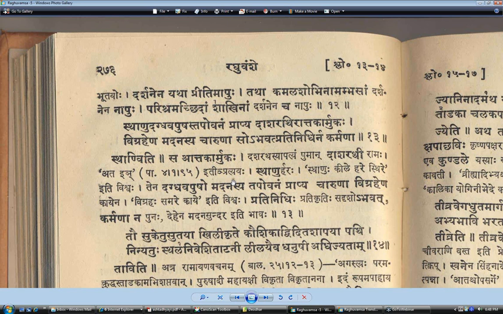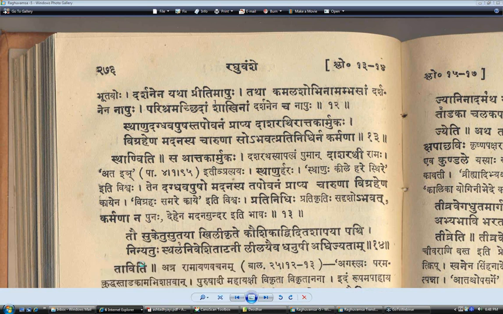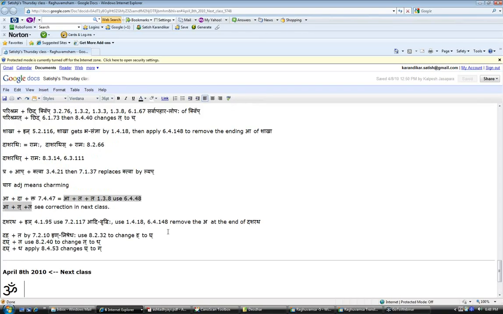So the word Atta we derive as a participle form, the past participle from the Dhatu Ada. And that's where I made the mistake. Let us go there for a second. In the last class, we used the Sutram 7447. When we did the A plus Da plus Kta, we used 7447, which was fine. That is the correct Sutram. But from then on, we made one mistake. So let me just put that up again here.